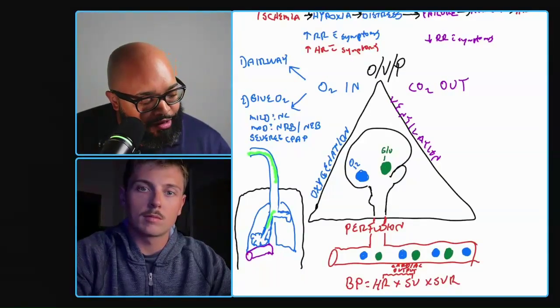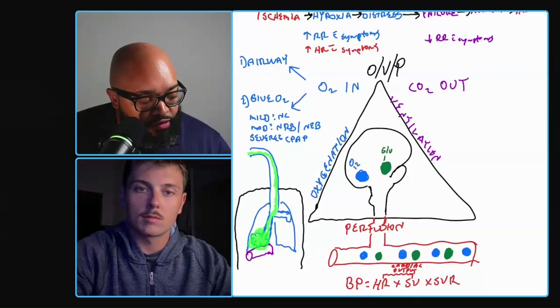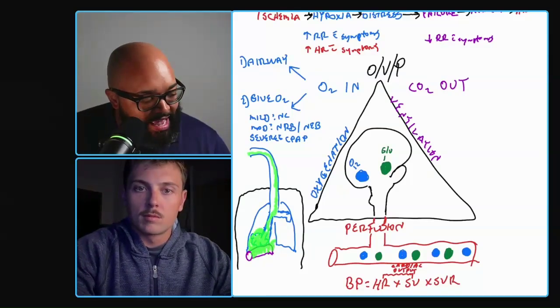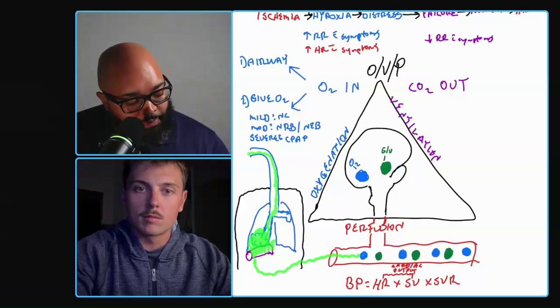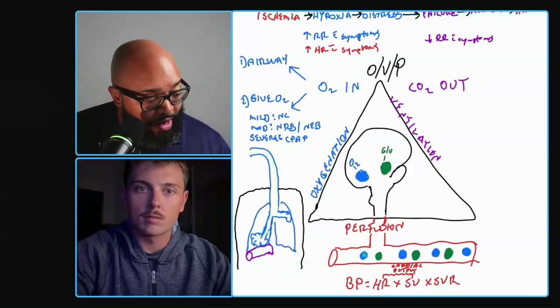I need it to get all the way through the upper airways, the lower airways, through the lungs, get down in here in the alveoli, cross over into this alveolar capillary membrane, into the capillaries, and then I need it to get into the bloodstream. Boom, oxygen is now in the bloodstream. Once it's there, what can it do?